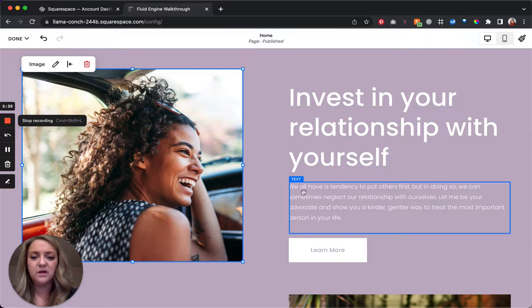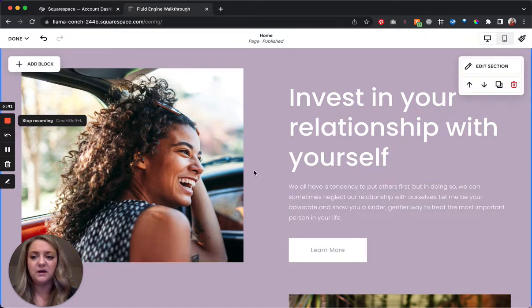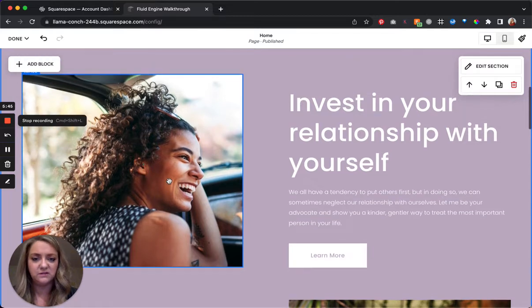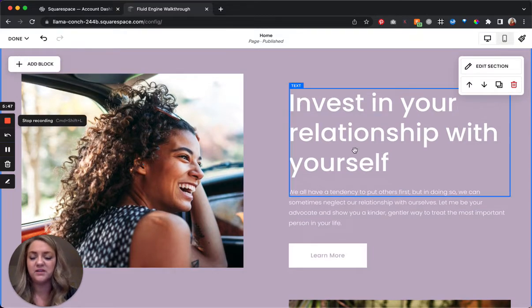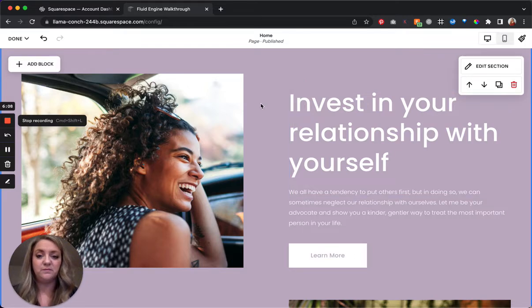There are some things to know about Fluid Engine. All of your page sections, footers, and portfolio sub pages are using the new editor. But even if your site supports Fluid Engine, some of the areas your site still uses the classic editor are blog posts, event descriptions, product additional information, and block sections that were added before Fluid Engine's release. So I imagine at some point they're going to convert everything to Fluid Engine, but for now, those are still